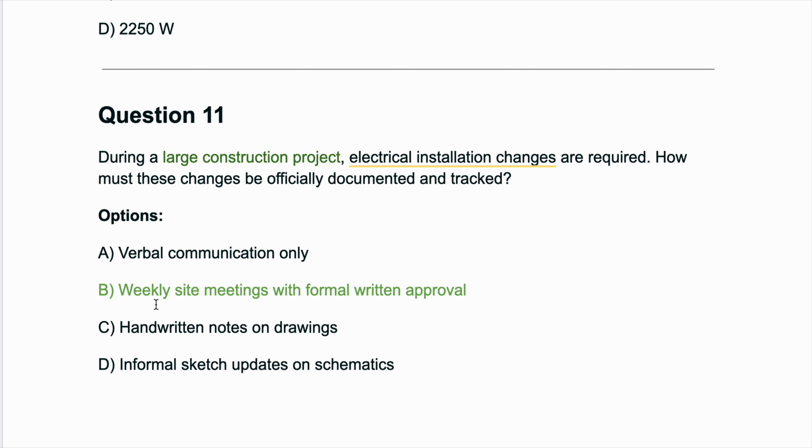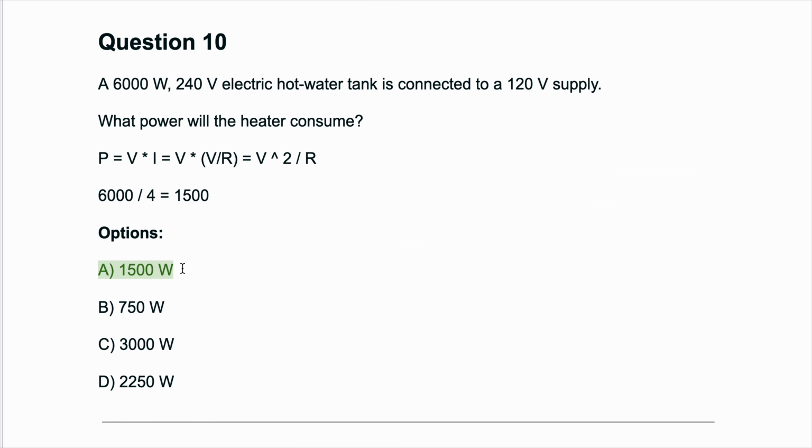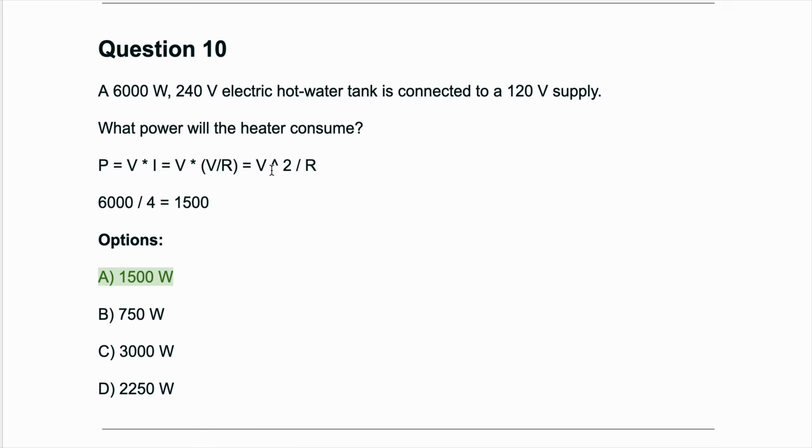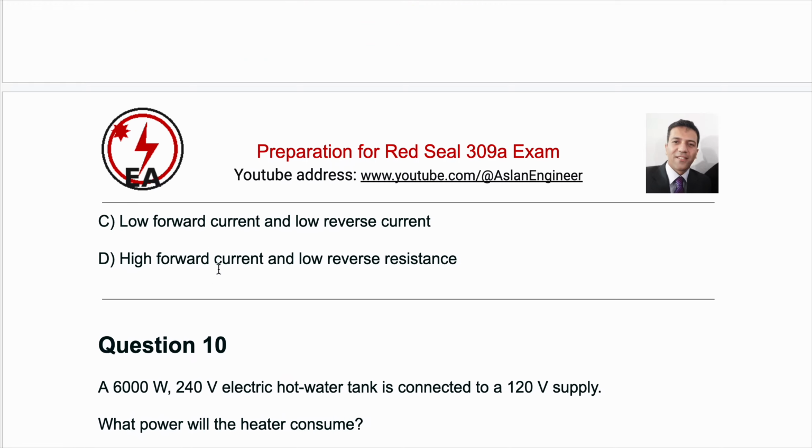Large consumer project, weekly meeting. We need a weekly meeting, written approvals. When we have the voltage of the load, the power of the load, the consuming of the load, it should divide by 4 and